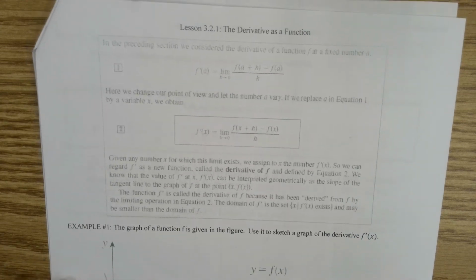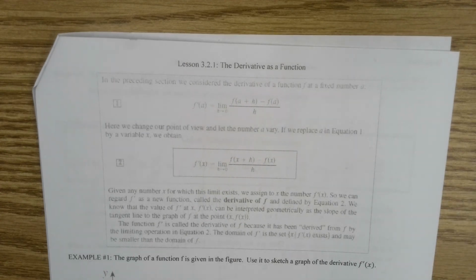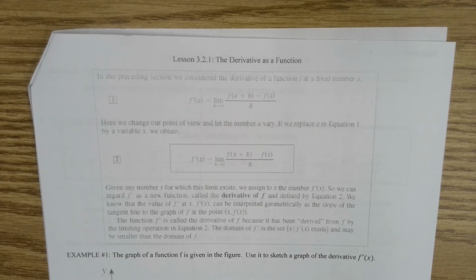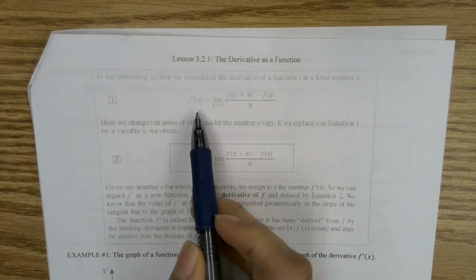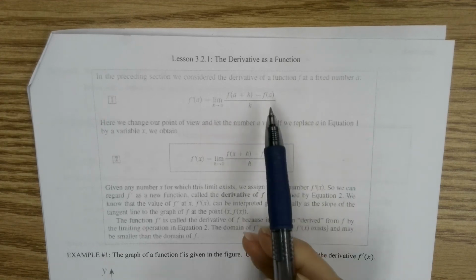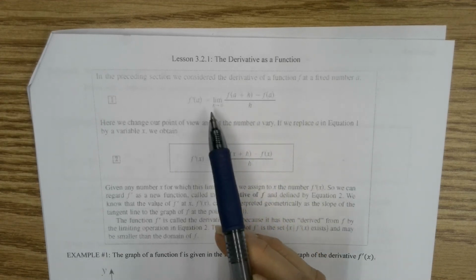Welcome, students. We are in Chapter 3, Section 2. So we are studying derivatives. And yesterday we explored this new terminology, derivative, and the new notation, f prime of a. And we worked with it in the context of just some additional practice, evaluating the slope of a tangent line